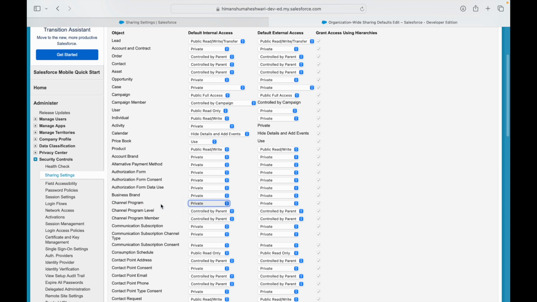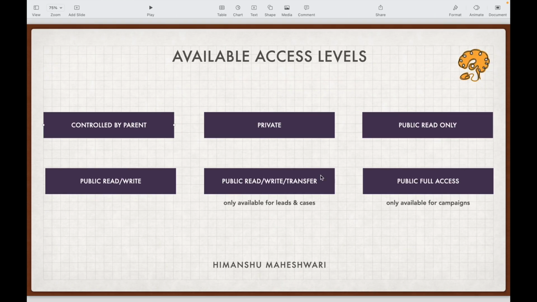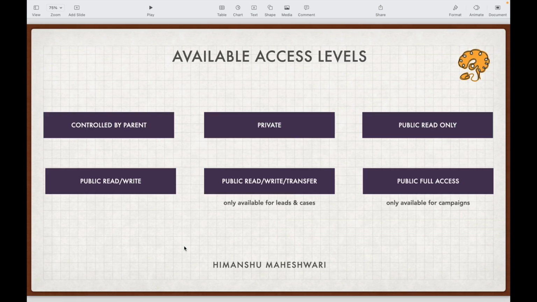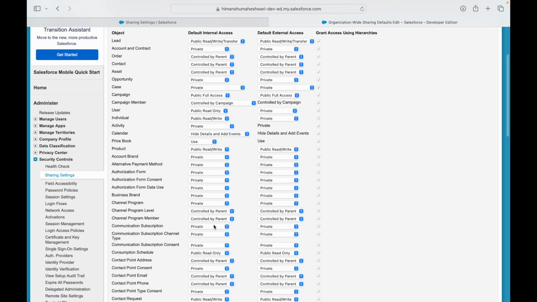So if channel program is private, the members will also have the private sharing, for internal users and private for external users. Make sense? That's the first one. What's the second one? It says private. So private is nothing but